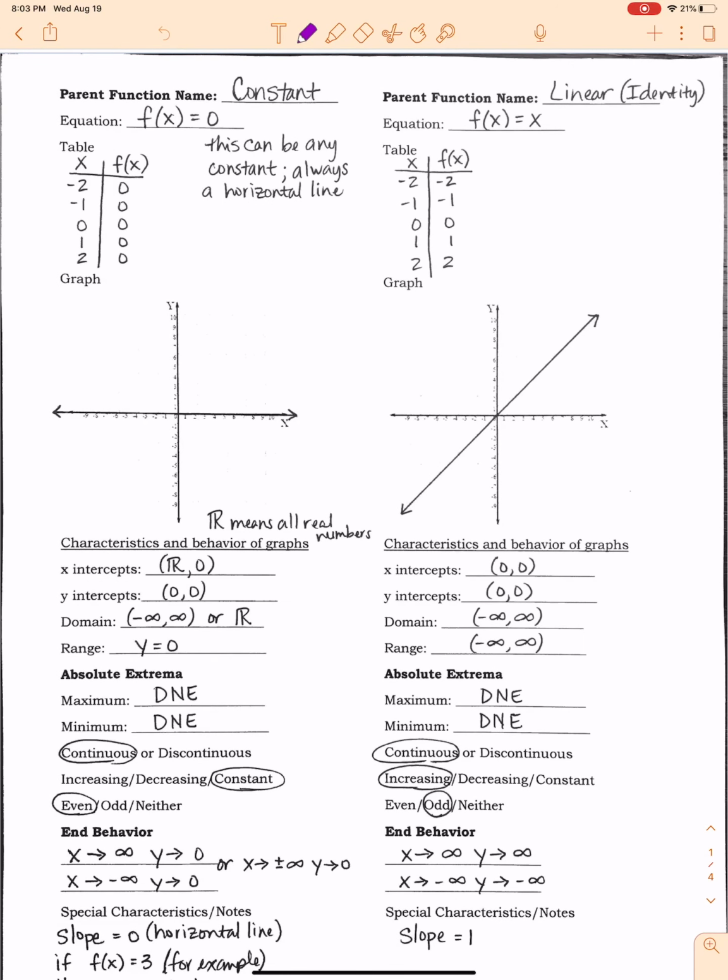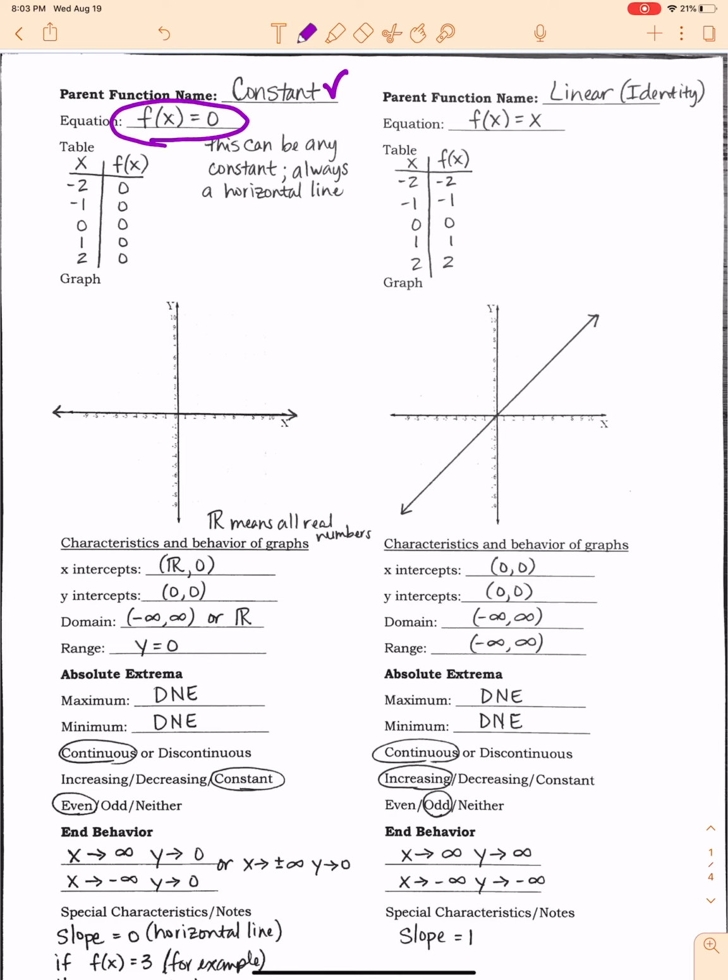I just want to start out by telling you that I'm just going to go through the parent functions in this video, and I'm going to try to keep it nice and short so you're not too overwhelmed. But I want to talk to you about the 8 basic parent functions that we're going to address in this unit. So the first one is the constant function, of course, and it is signified by this equation right here,